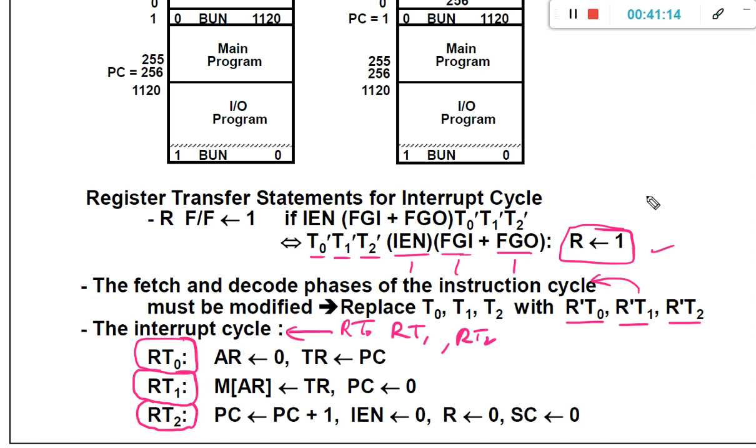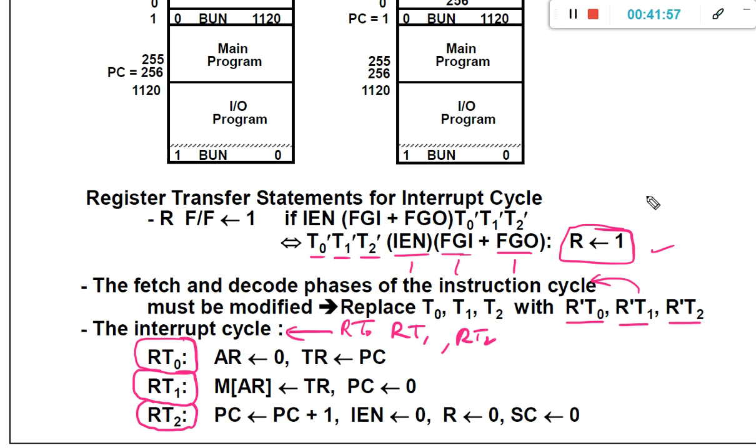For implementing this interrupt driven IO, we need some special hardware circuit, because here the signal needs to be transmitted from the IO device to the CPU. Whenever programmed IO is implemented, the CPU checks the flag values continuously, thousands of times, which is a wastage of time. That is why here we reverse the control. Whenever an IO operation is required, the IO device sends a special signal. That special signal is nothing but the interrupt signal, and accordingly the CPU takes the necessary action and performs the IO operation.